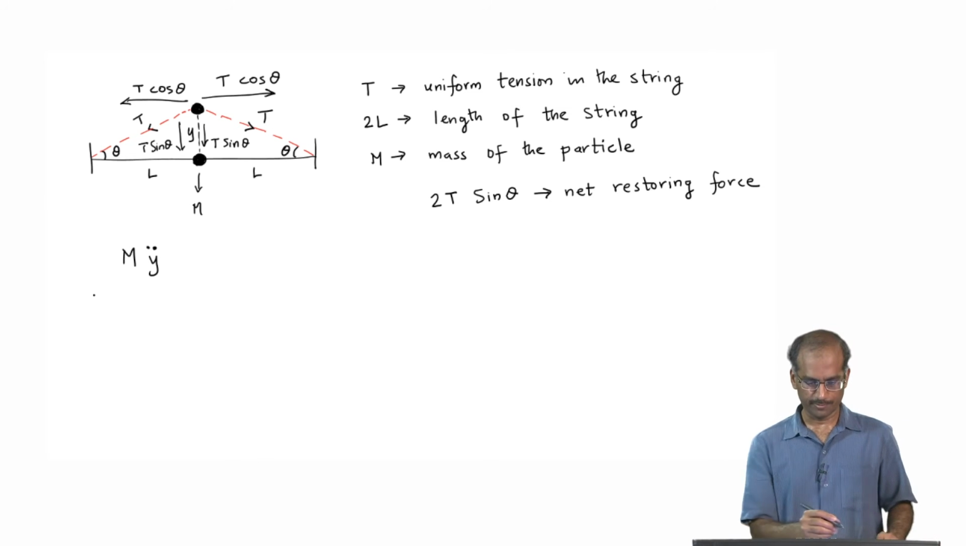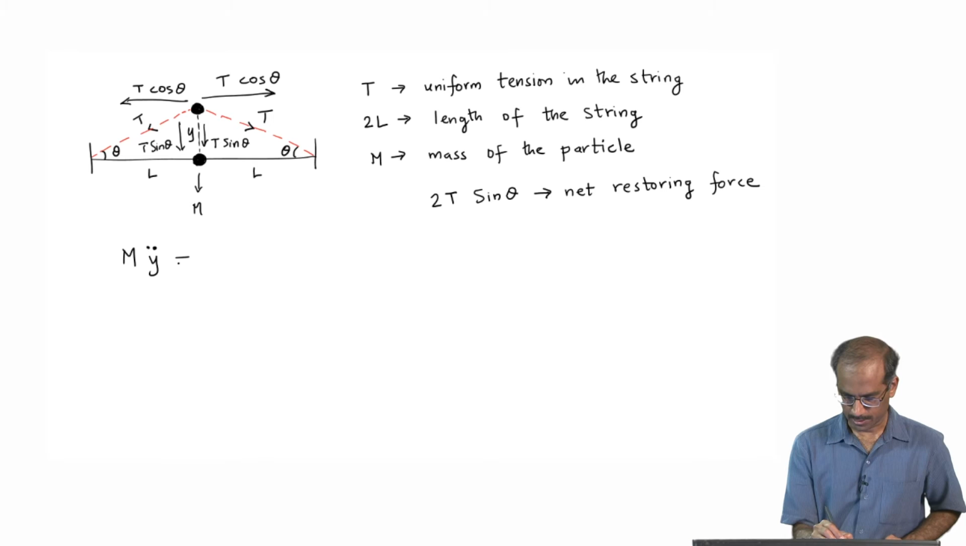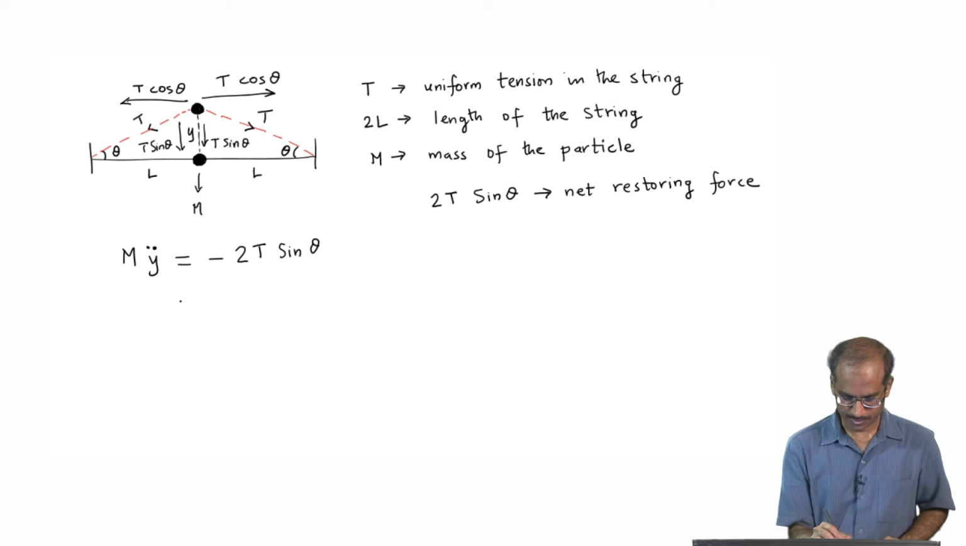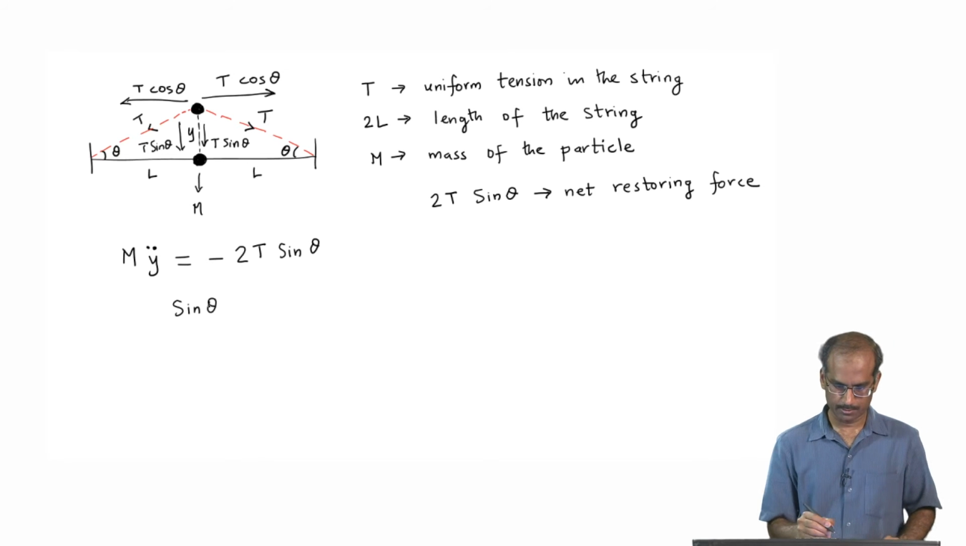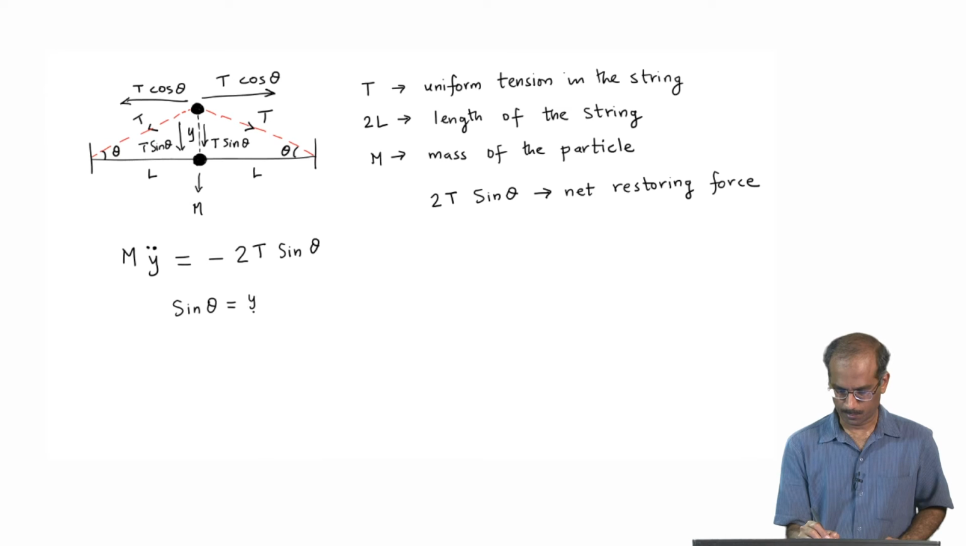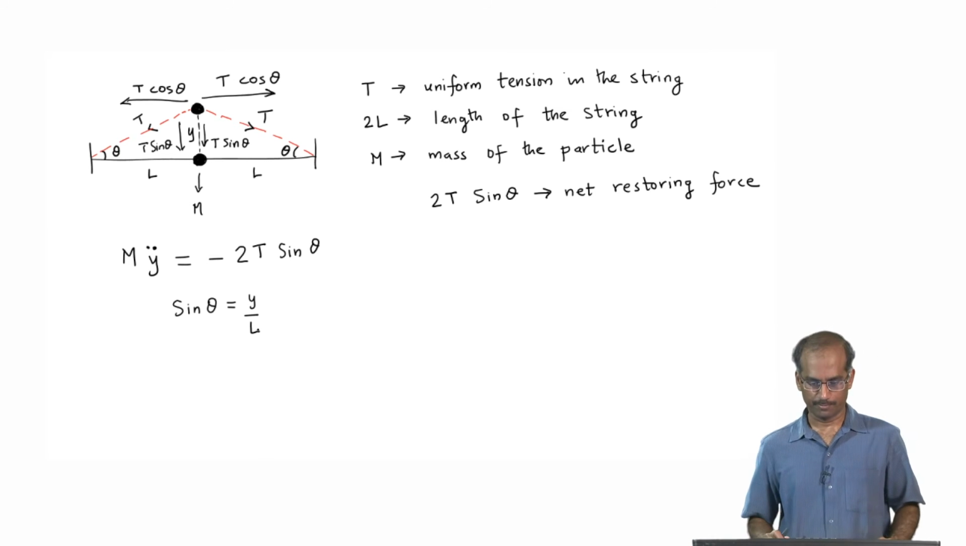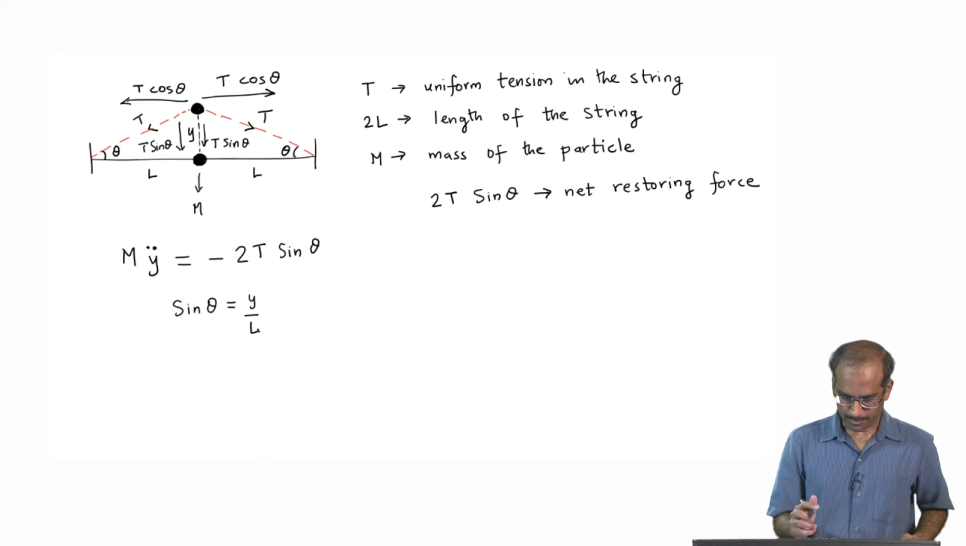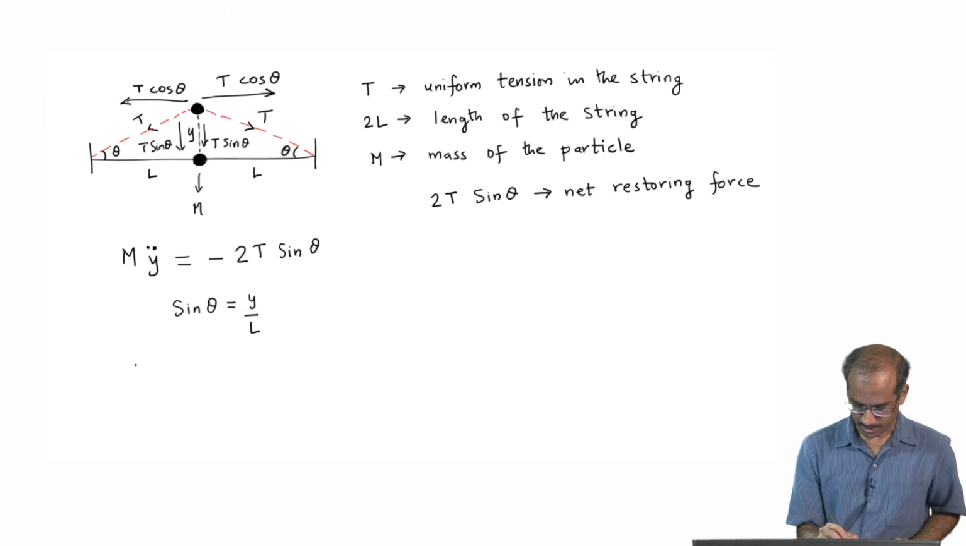So, the equation of motion will be m y double dot equal to minus 2 T sin theta, and now I need to replace sin theta by y by L, which you can figure out from the basic definition of the sine function. So, given all these, now I put it back in this equation. So, I will have m y double dot is equal to minus 2 T into y by L,